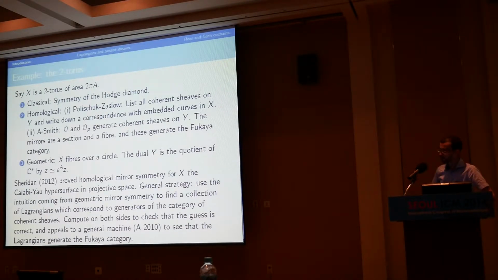And I'm not going to say much more about this, in part because there aren't many genus 0 curves, or many maps from S2 to the 2 torus, so at genus 0 there isn't much to say. So the next thing I want to talk about is the homological picture. This was actually verified by Polishchuk and Zaslow very soon after Kontsevich's statement. And their proof goes as follows. We know everything about curves on the torus. We know everything about sheaves on the elliptic curve. Let's just match them up.